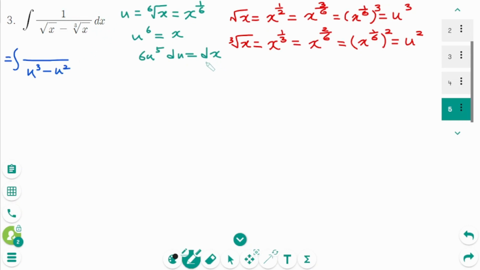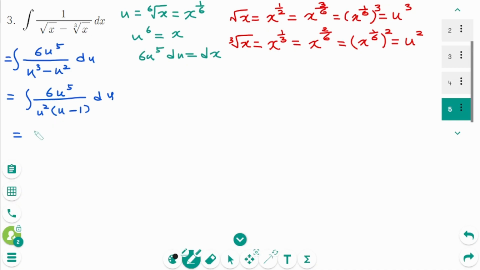Then dx means this one, 6u to the power of 5 du. We can rewrite as, we can factor, take out u squared, u minus 1 du